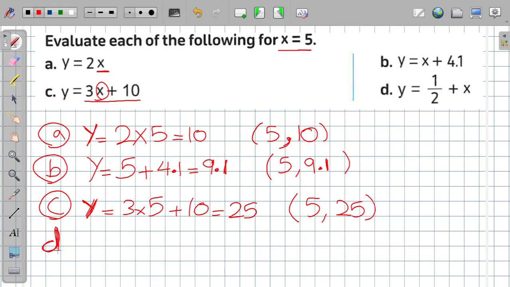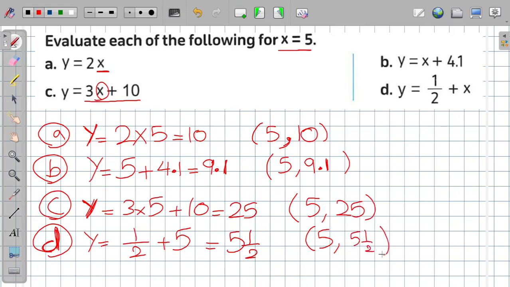D, or the last one here, I have y equals 1/2 plus x. So I can say y equals 1/2 plus the value of x, which here is 5. So I can say plus 5. So 5 plus 1/2 equals 5.5. So the ordered pair will be 5 and 5.5. Okay,